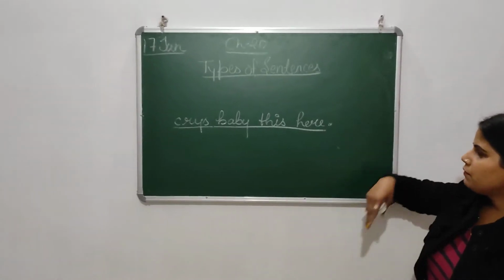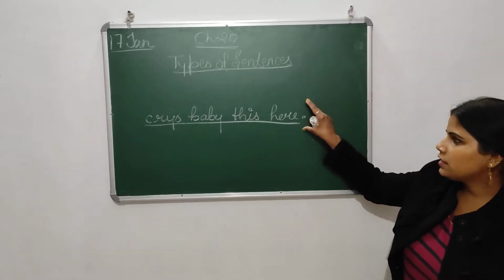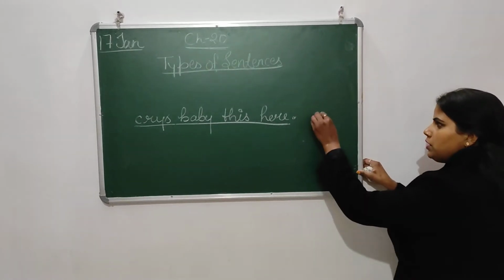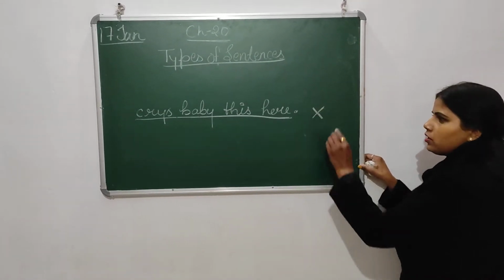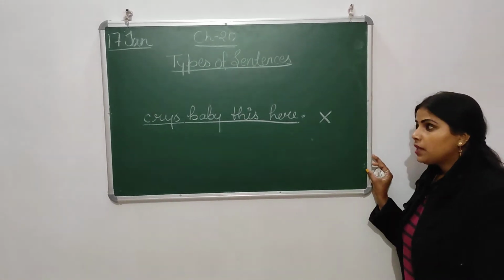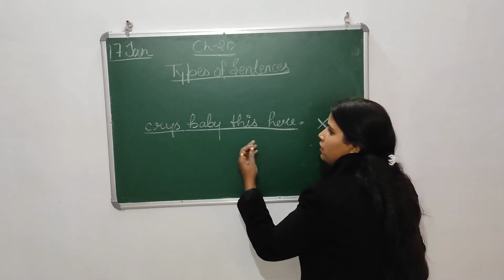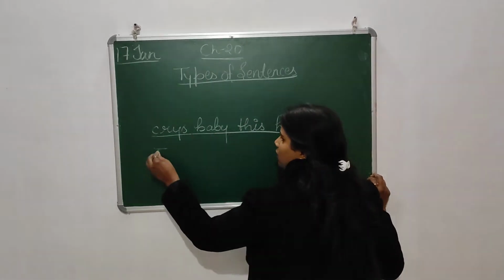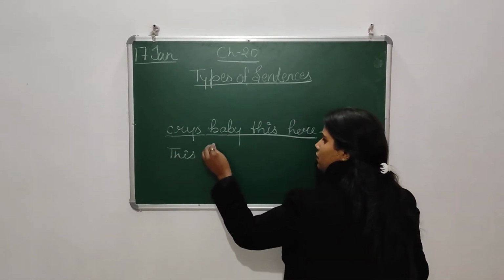But when we try to make some sense of this line, there is no proper sense. So this type of line is not called a sentence. But if we rearrange this line and make it again like this,